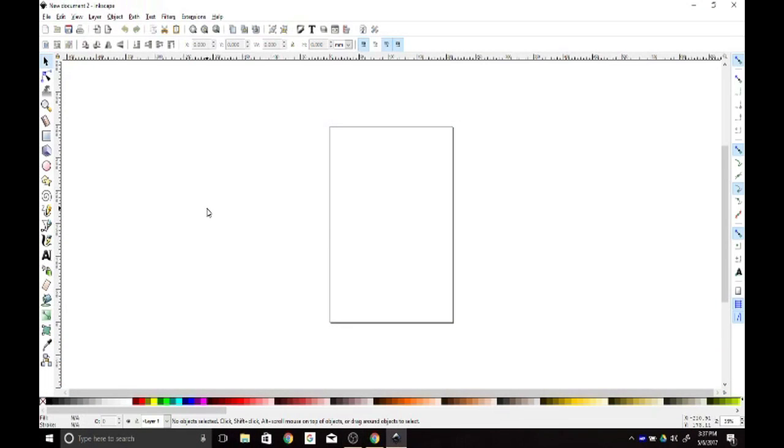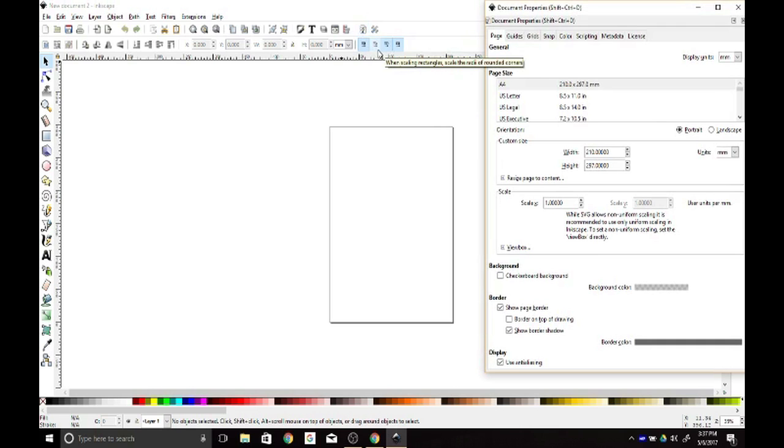Okay, here we are in Inkscape. First thing I'm going to do is adjust my page size to my cutting mat size, and I'm going to be working with the standard 12 by 12 mat. So going up to the properties bar across the top of the screen, the little wrench with the square there is the Edit Properties button. We're going to change our display units to inches,